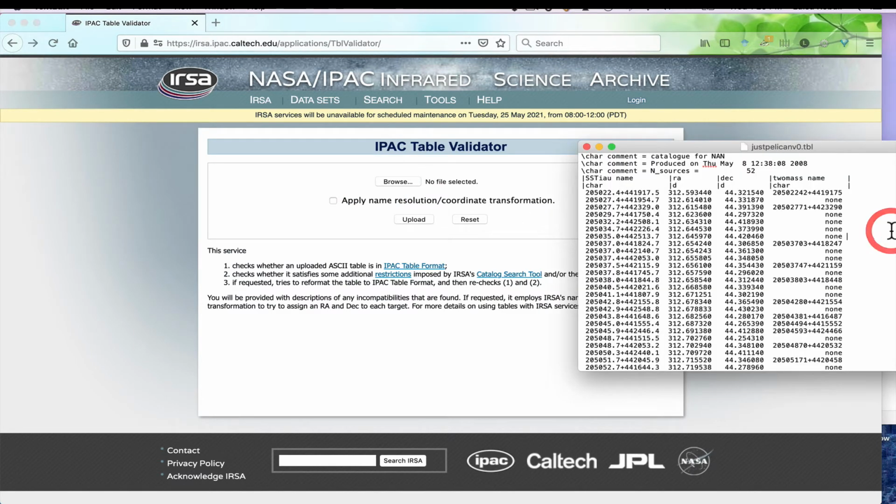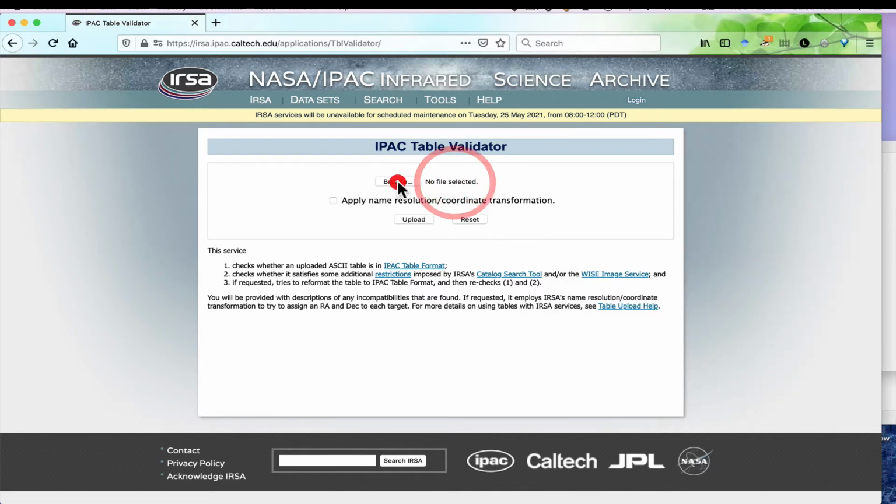Over here, I have a window that has a catalog that I've assembled. It doesn't have very many columns. It has a name that I've assigned, right ascension, declination, and a 2MASS name. I have some stuff on the top, and my column headers are set off by pipes. This is very close to the IPAC table format, but maybe not exactly right. So let's go and find the table,